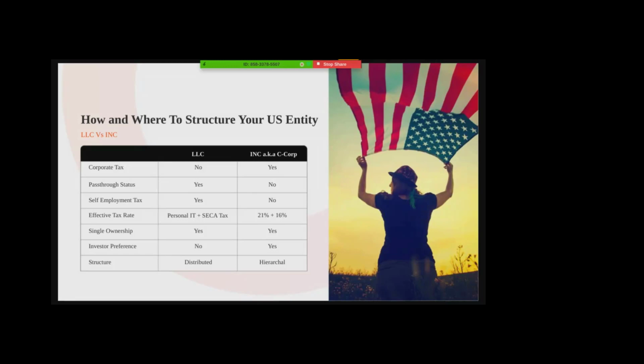One more thing I would like to add. It also comes to the point wherein if you want to retain money in the American system, within the INC, it is possible only in INC. You can't retain the profits in an LLC. So it will automatically flow through to you.